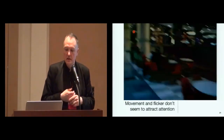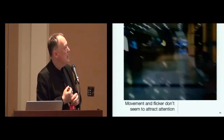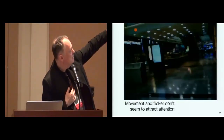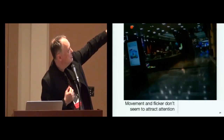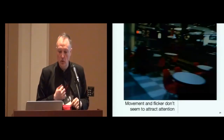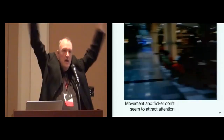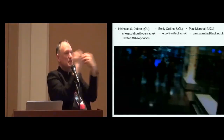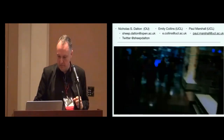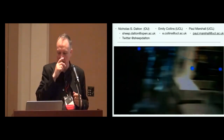The other thing that we noticed was this effect, which I'll end with because it wasn't really part of our study initially, but it's kind of part of the potential future work. If you notice here, this video on the loop, you'll see that the display is flickering and the eye is not moving towards it at all. It's generally thought if you have a big display going, whee, over here, then people will be sucked into looking at it. And I'll leave you with this video of people completely failing to notice animations and movies